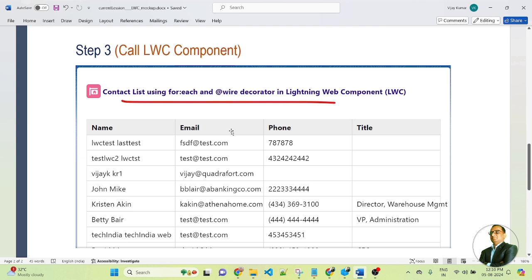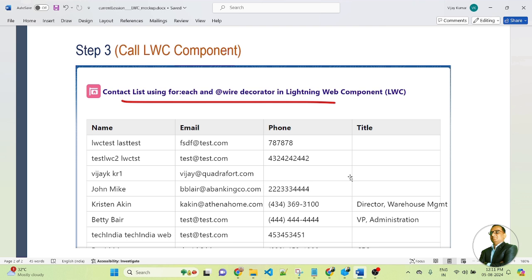Here you can see in the LWC component, I am retrieving a list of contacts using the @wire decorator in LWC. Here we will learn how to create two types of template if condition, and we will check the data. If the template gets data successfully, then we will display the data in the table.